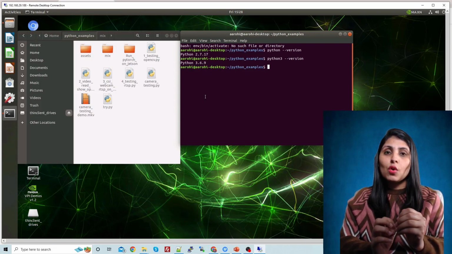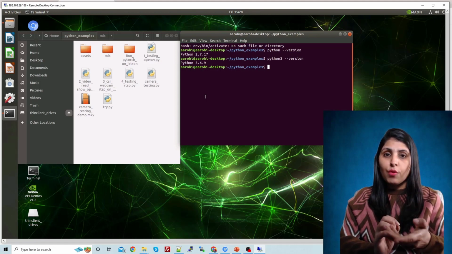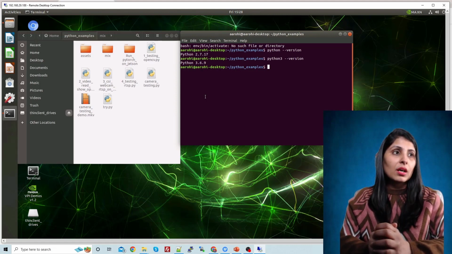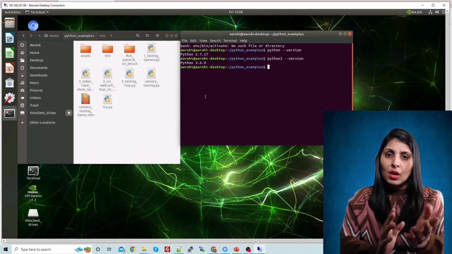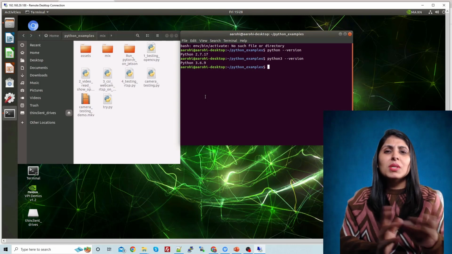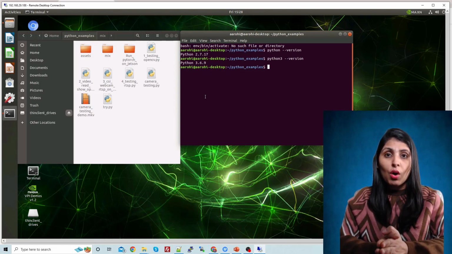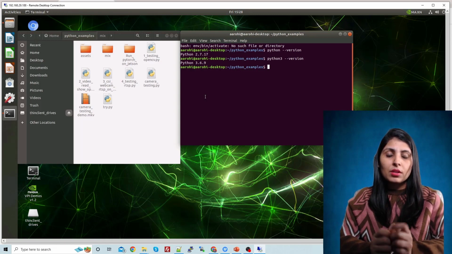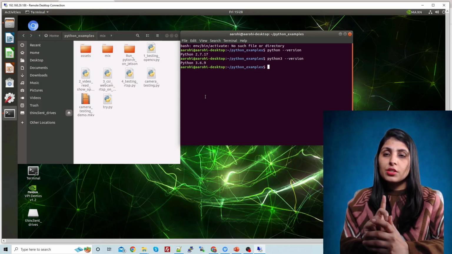In the same way, OpenCV is also present by default in that Jetpack SDK, but I don't want to use that OpenCV, because it was giving me some errors while working on object detection models, so I upgraded the OpenCV version. Okay, so if you want to check your current OpenCV version, then you can execute this command